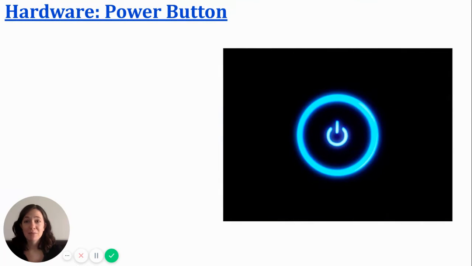Now, this is an important button. This is the power button, universal symbol for turning something on or off. If you look at your computer, you should be able to find this somewhere. The computers in the lab have 2, one on the system unit, which is at the bottom, and one on the monitor. If it's glowing blue like this, it's already on, but if you ever come to a computer and it's not glowing, that's what you're going to push to turn the computer